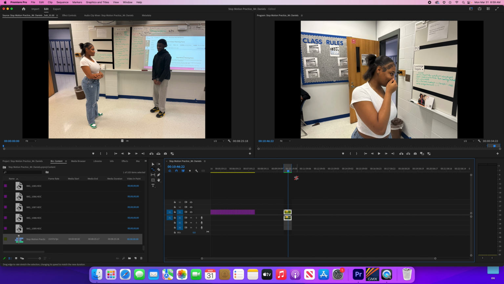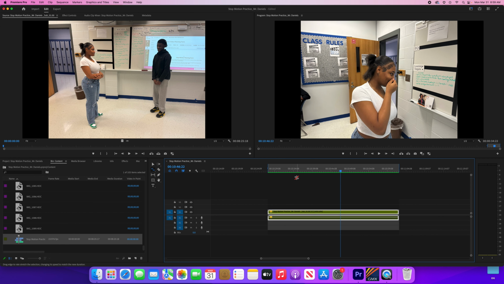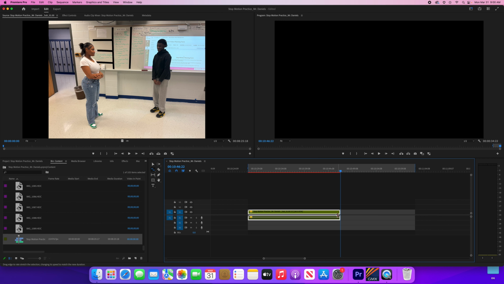But with this, I'm going to press the plus key to zoom in. That's what's making this zoom in. Or also at the bottom of this screen, this little circle right here, if you drag this inwards, it'll make it bigger. It'll make the timeline zoom in as well. So right here, I want that to go a lot faster. So we're going to chop this in half. As you can see, the speed on this is